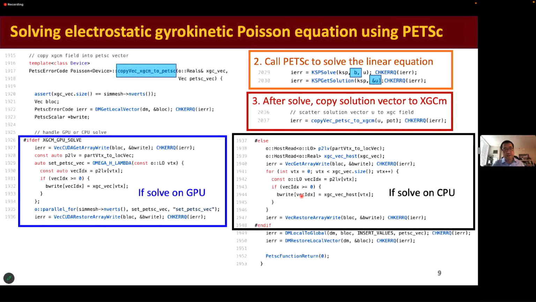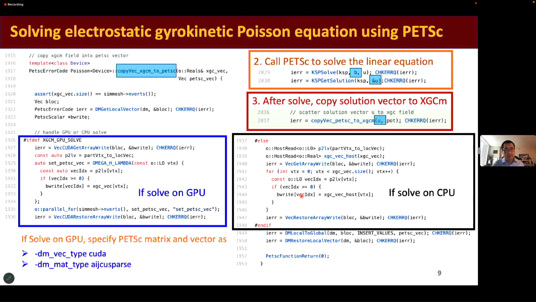Similarly, this depends on whether you are solving on CPU or GPU. You just directly copy data from GPU memory to XGCm's GPU data storage, Omega_h data storage, or copy back to XGCm's CPU memory. So that's basically the process. And when we are solving on GPU right now, because we are using the DM object, the DMPlex object interface with PETSc, we just specify the DM vector type as CUDA or